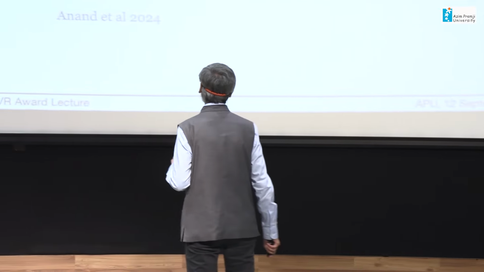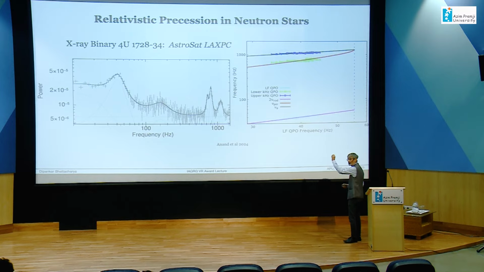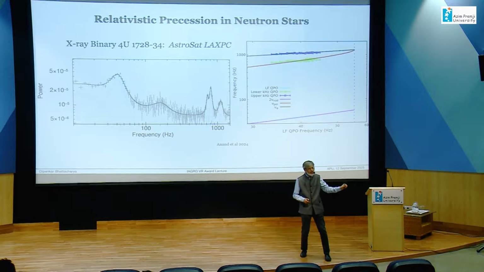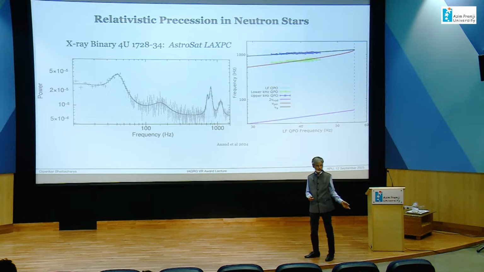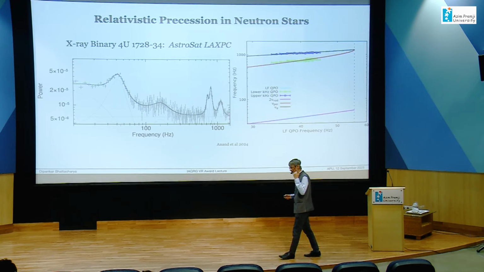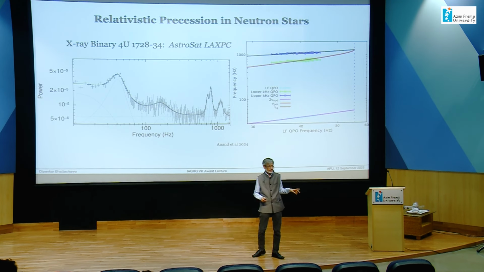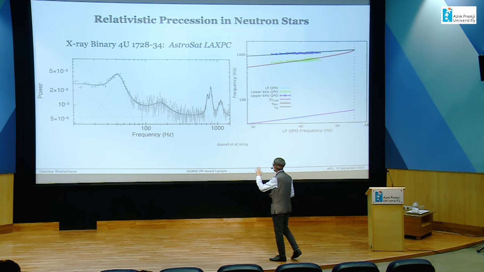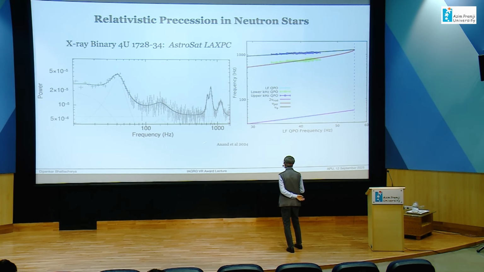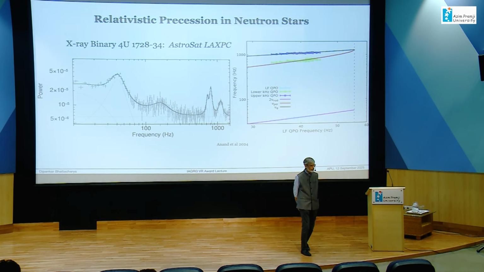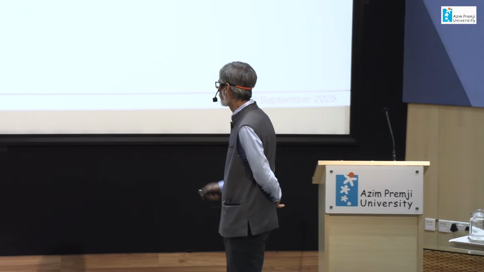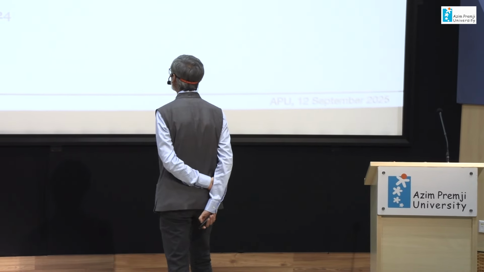Right? So why the moment of inertia of the neutron star? Because the spin of this neutron star we already know. Okay, it produces a constraint on the angular momentum and mass, but the spin angular velocity we already know. So it's the moment of inertia and the mass. This is led by Keval Anand from IIT Kanpur, and part of the contribution is from one of our PhD students at Ashoka as well.